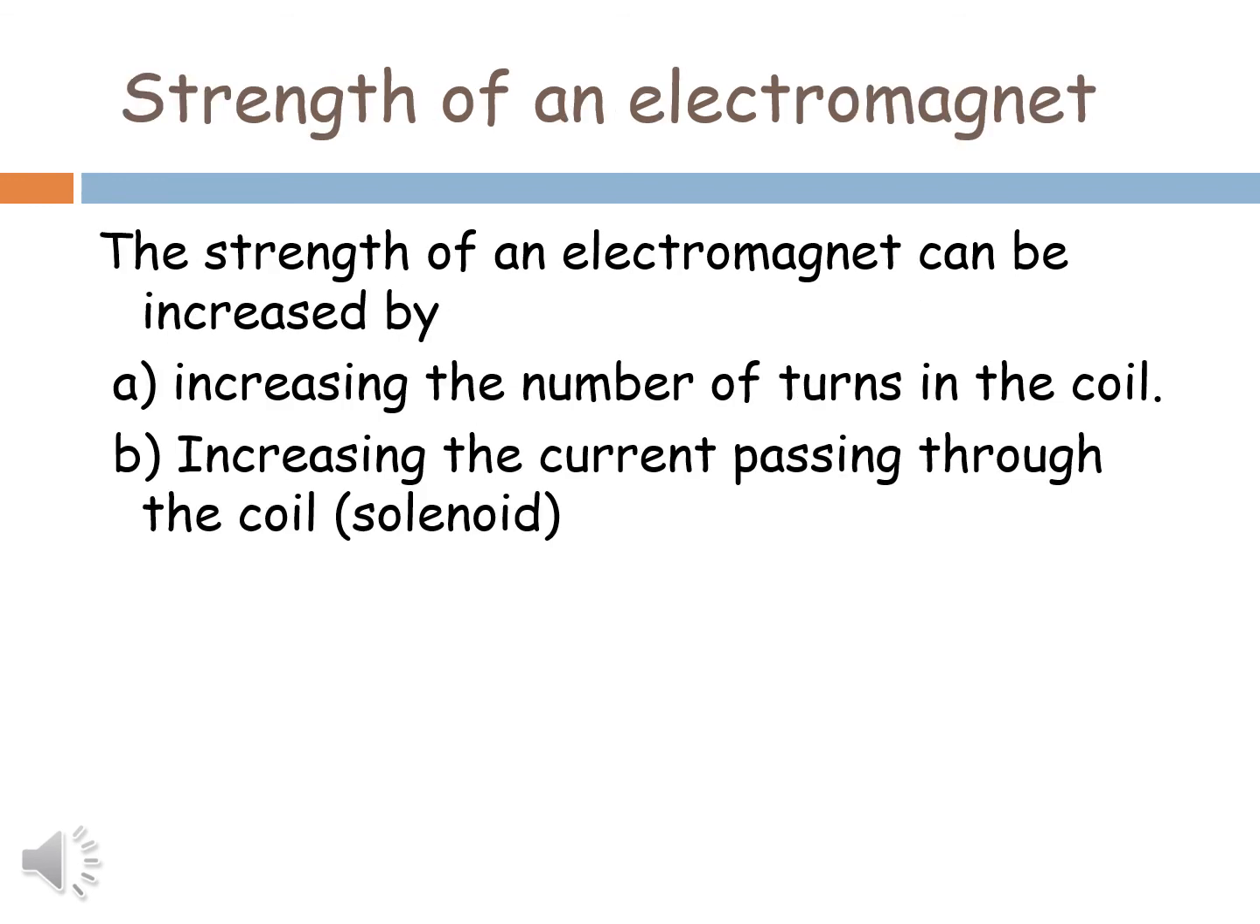The strength of an electromagnet can be increased by increasing the number of turns in the coil. This means if we increase the number of turns in the coil, the strength of the electromagnet will increase, and we can also increase the strength of the electromagnet by increasing the current passing through the coil or the